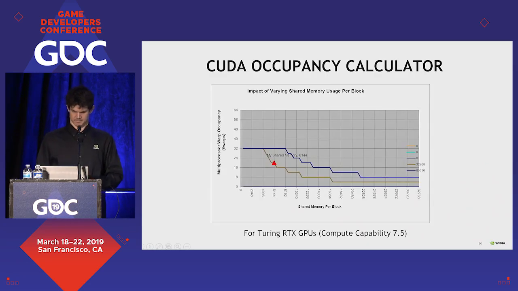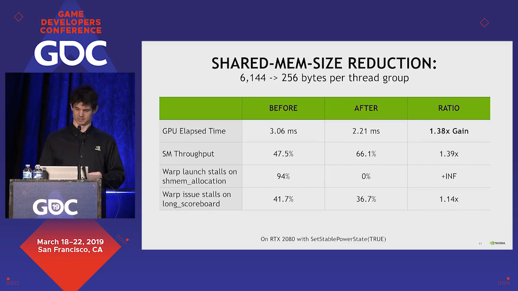By doing that, we effectively reduced the shared memory size. We were here in the red dot, and this is the CUDA occupancy calculator for Turing. It's available in the CUDA SDK. We reduced the shared memory size up to a point where it was no longer limiting occupancy at all. We are at maximum 32 warps on Turing. You can see the effect here. We got a 38% speed up by doing this shared memory size reduction, moving shared mem to constant buffer loads, and increasing SM throughput, and also